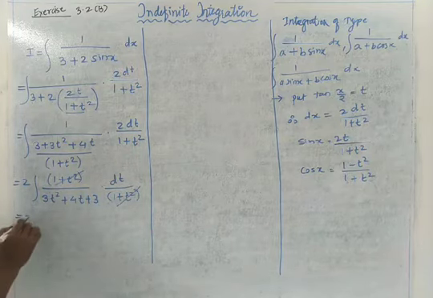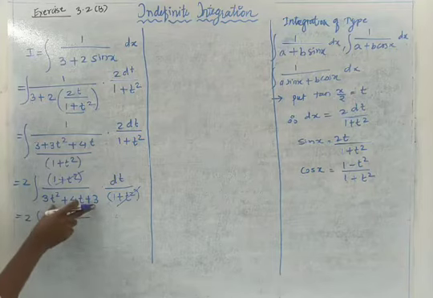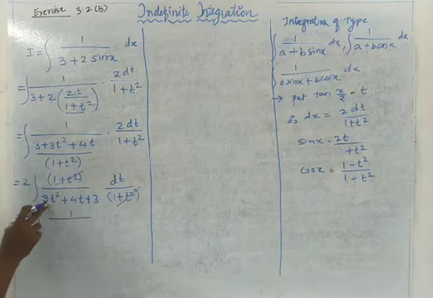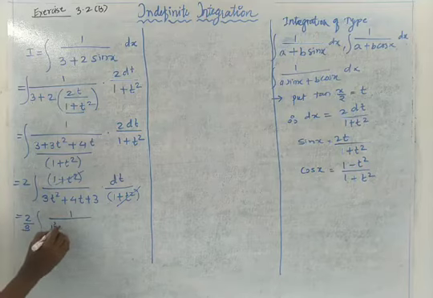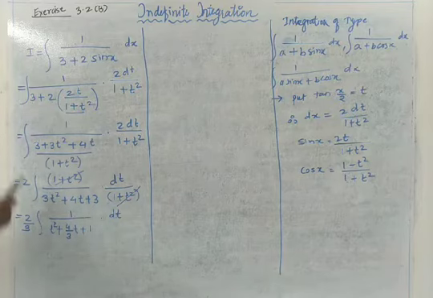So what is the remaining part? 2 into integration 1 upon, here I am going to take 3 outside the integration, common out of this quadratic equation. So 2 by 3 I will get outside. So you will get t square plus 4 upon 3t plus 1, into dt. Is it clear? 1, 2, 3, 4, all our 4 steps are clear.